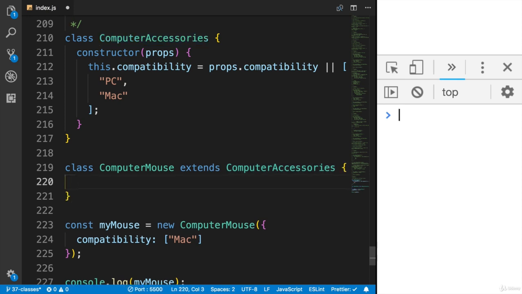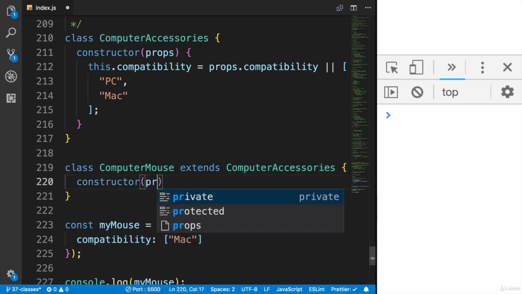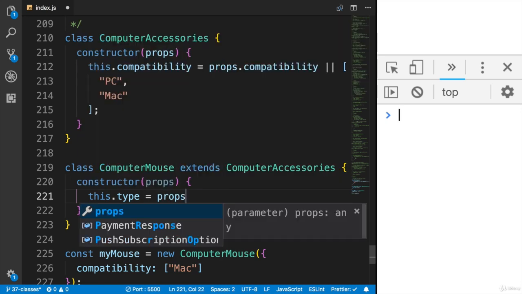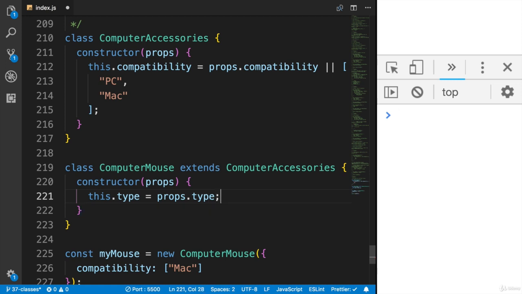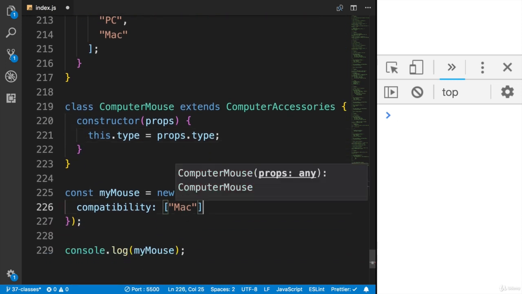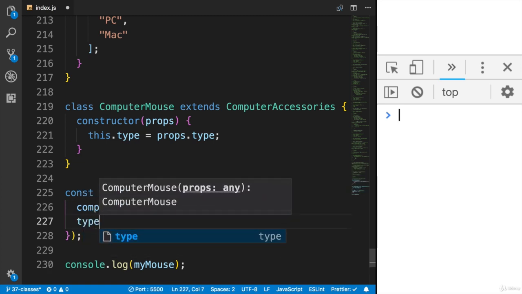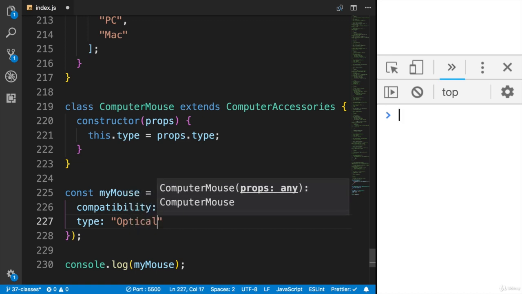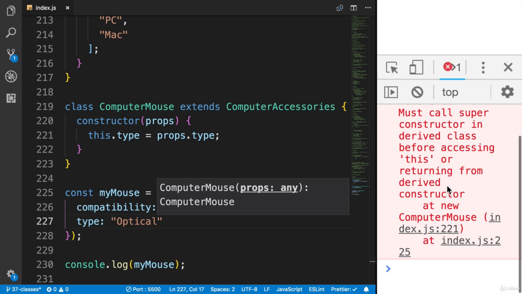Let's add a constructor method here, constructor, here will be props, then the body of this method, and here let's directly set the type of the instance of the computer mouse. this.type equal to props.type without any default values. And here let's adjust this object and add one more name-value pair, type is optical. Okay, let's save now and see what will happen. I will get an error. Must call super constructor in derived class before accessing this or returning from derived constructor at new